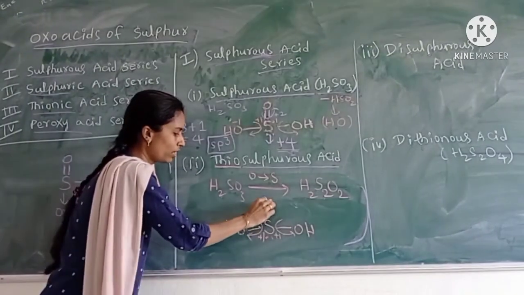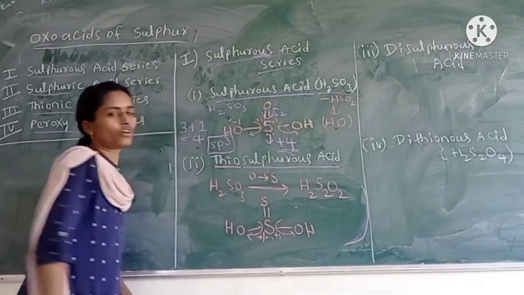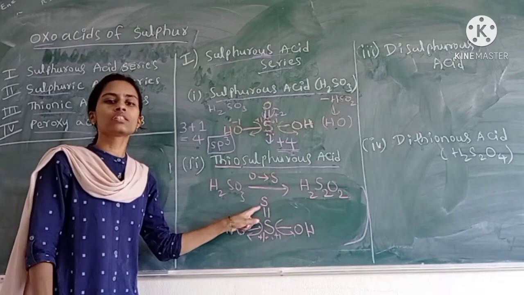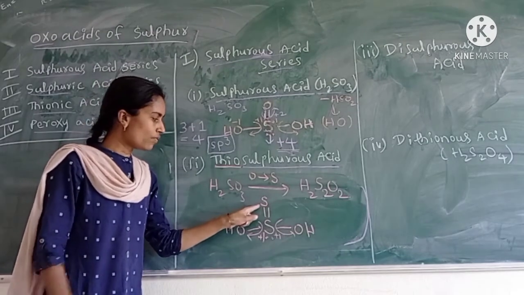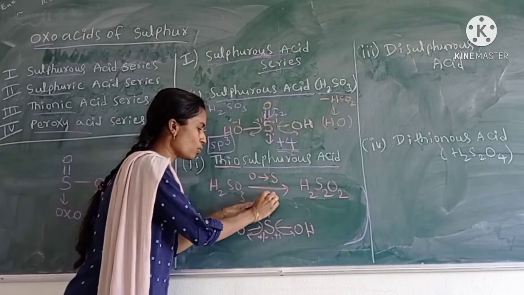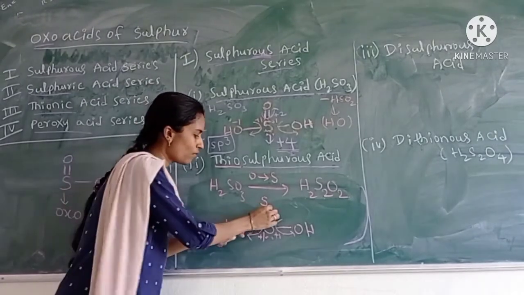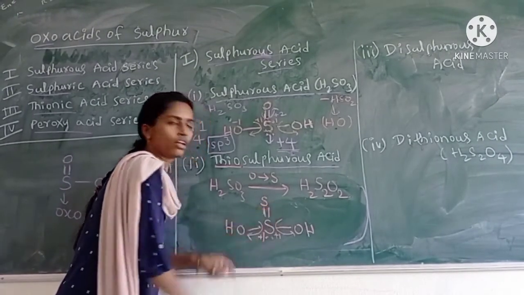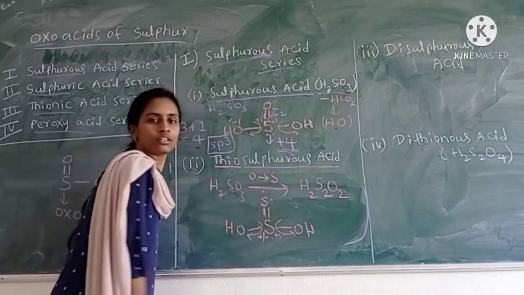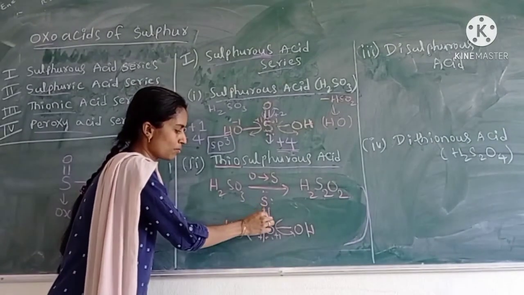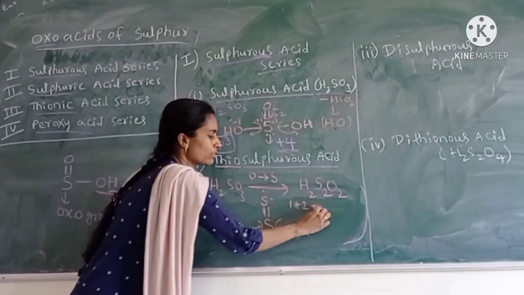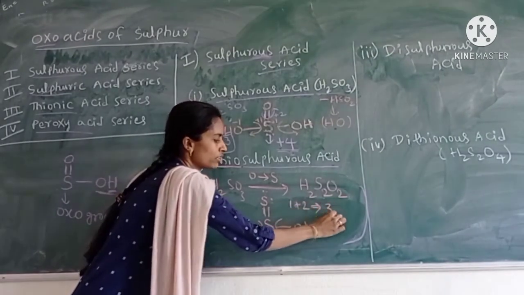And here both are sulfur atoms. Even though both are sulfur atoms, the hybridization of sulfur is different. So here this sulfur has 1 sigma bond and 2 lone pairs. Here 2 electrons participate in bonding and the remaining 4 electrons remain: 1, 2, 3, 4, 5 and 6. So how many sigma bonds are there? 1 sigma bond. And how many lone pairs? 2 lone pairs. So the steric number is 3.